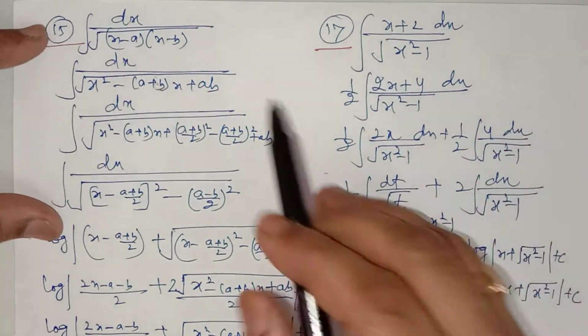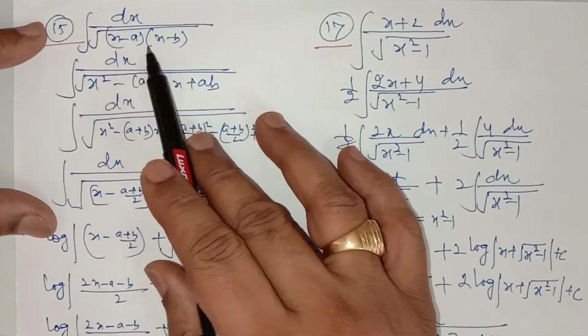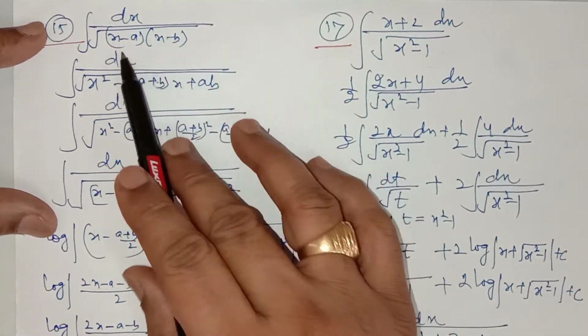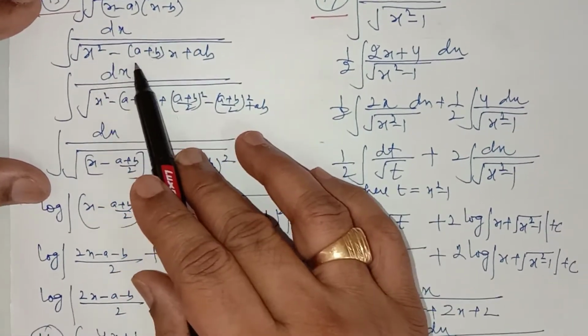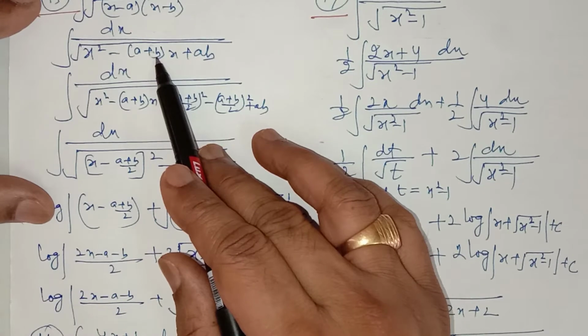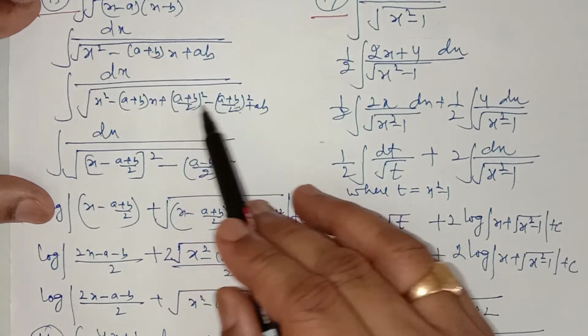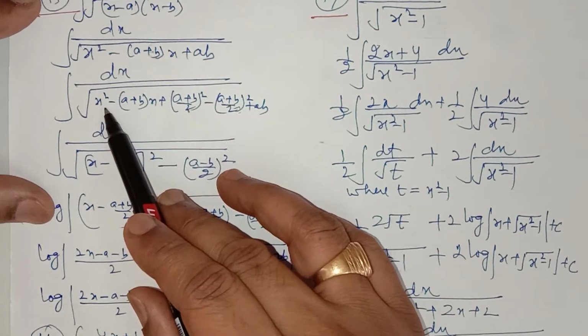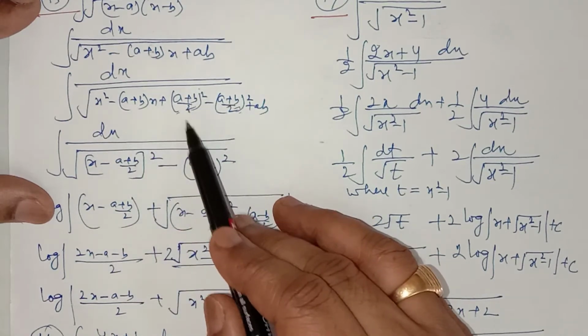To make it a perfect square, it is dx upon (x minus a)(x minus b). Multiply and open the bracket. It will become x square minus (a plus b)x plus ab. Half of a plus b is (a plus b) upon 2, whole square. Adding and subtracting, this becomes the whole square of x minus (a plus b) upon 2,